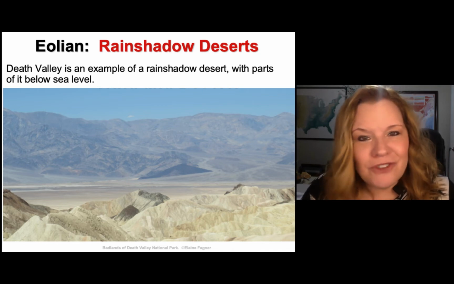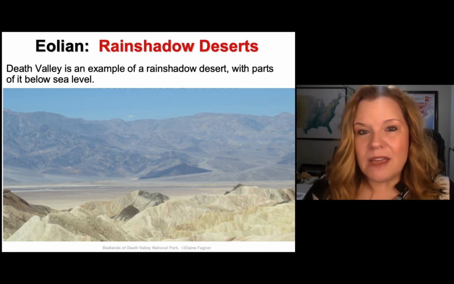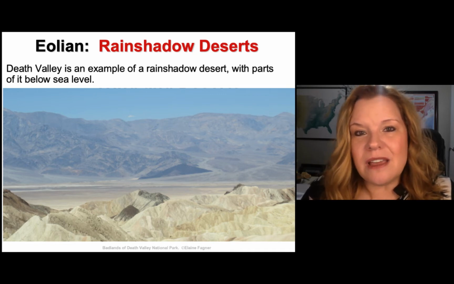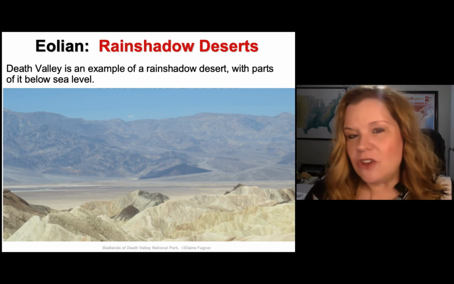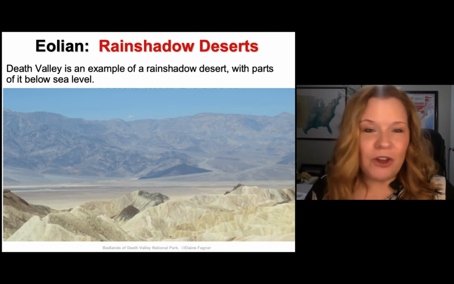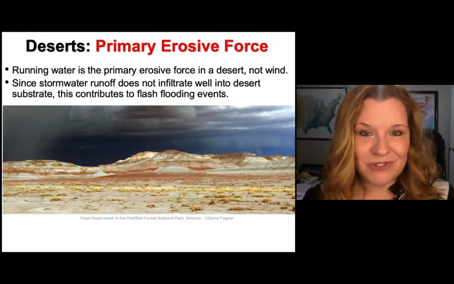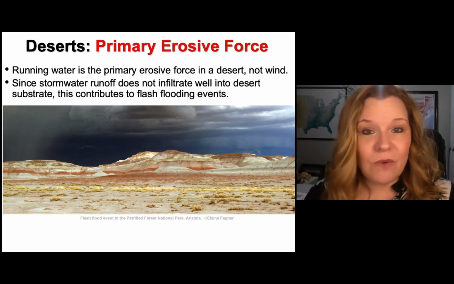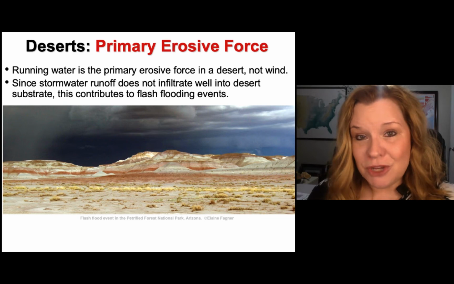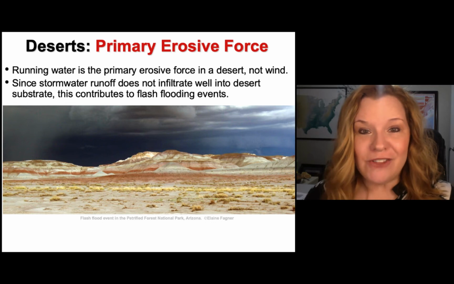Not all deserts are that hot, but they can be, which is something to think about with climate change. As surface temperatures on the earth begin to rise, we would see an increase in areas that have lack of moisture, lack of humidity, much like deserts, and you could see the land change, which is part of the message about deserts. I know I told you that Aeolian means wind in deserts, and it does. And some features in the desert are primarily formed by wind. But when it comes to erosion, it's flash flooding, it's flowing water that does that.